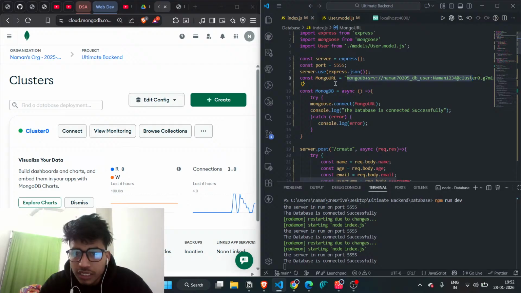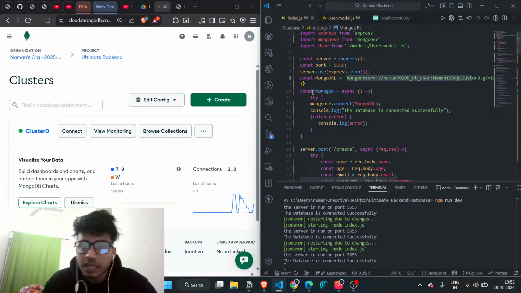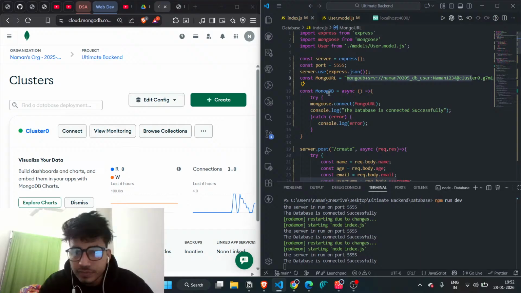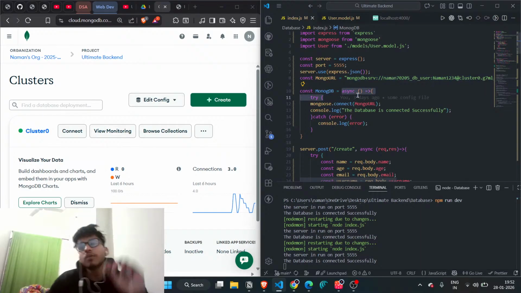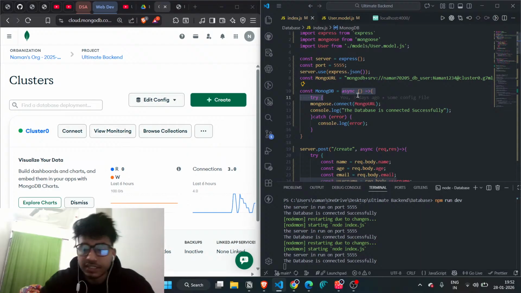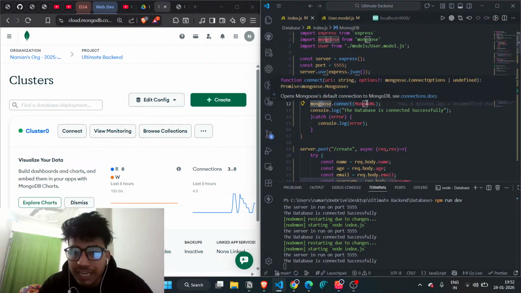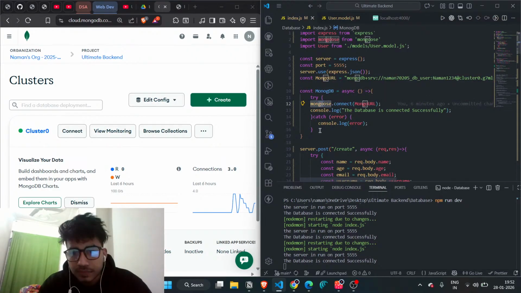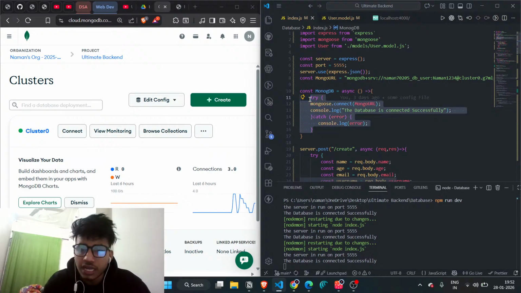Your link is stored in that particular variable. You just need to write an arrow function, you can also write a simple function as well. mongodb is our variable name and we use async, because if we perform any operation like fetch the data, update the data, change the data, it will take time. Okay, and you know JavaScript is a synchronous language, so we use async so that whenever we have received the data we can access it, otherwise it will show undefined. Okay, so we just write mongoose dot connect mongo dot url. Okay, no problem, we just remove this code and write it again. Okay